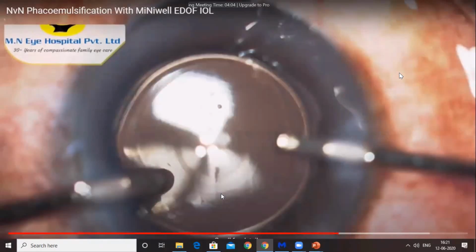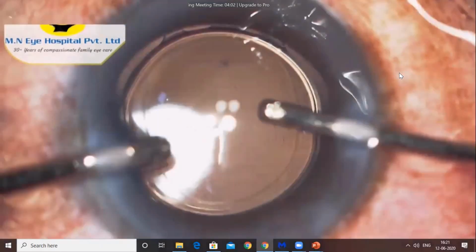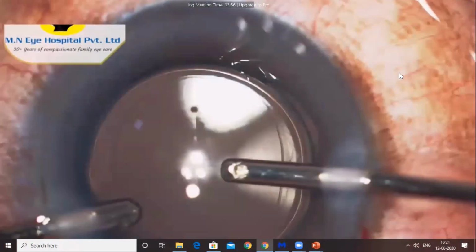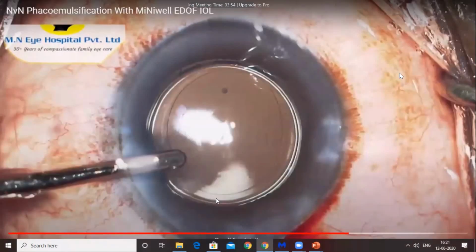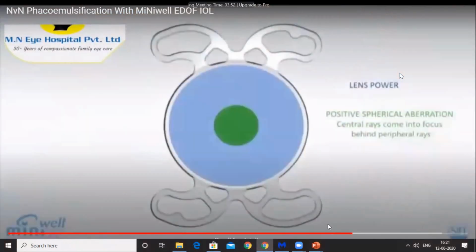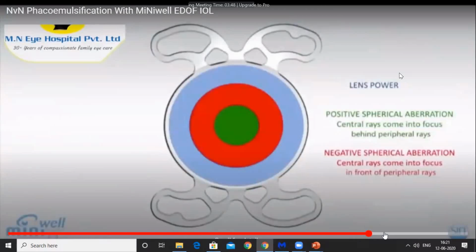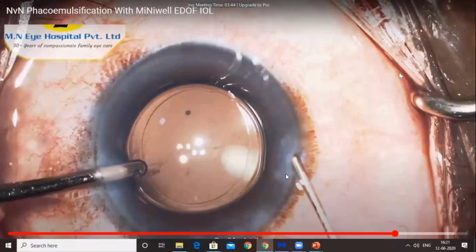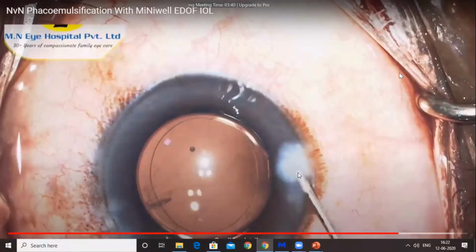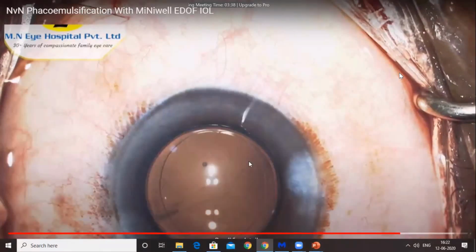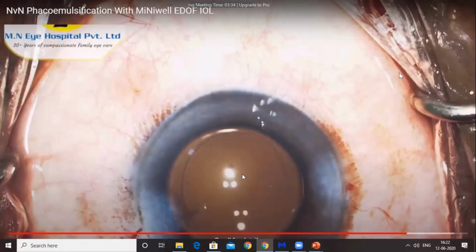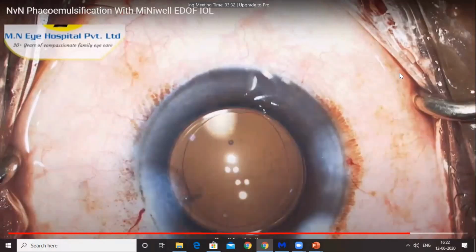You can appreciate the concentric zones instead of the rings, which is responsible for the reduced glare and halos. The IOL is a biconvex multi-feature lens, as I explained to you. The wound is then hydrated and sealed. As you can see, there's a uniform 0.5 millimeter overlap of the anterior capsular margins, which can reduce the incidence of PCO.